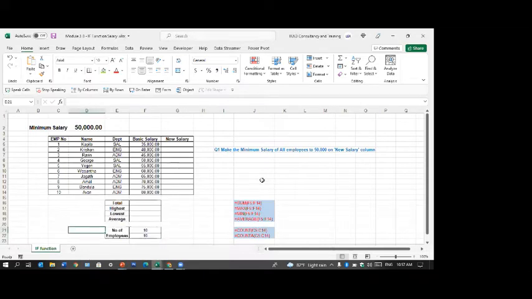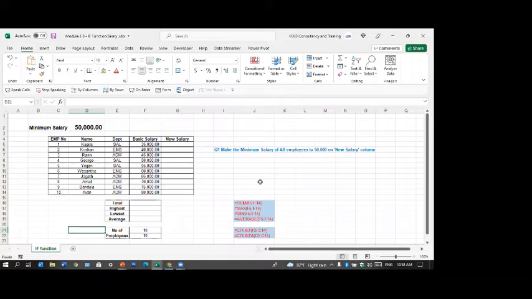Actually this is something which happened, I can't remember when. There was a government rule saying the minimum salary of all the employees should be 10,000. At that time I was at Brandix and I got about 17,000 employees named machine operators. There were trainees who were getting 9,500 plus the allowances, all that, but they were given the basic salary. So the HR department asked me whether I could do it. I said, yes, let's give it a try.